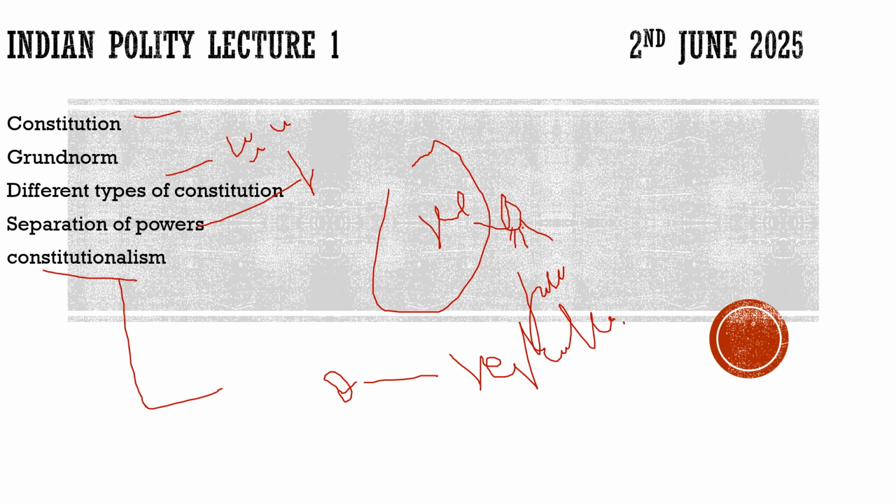So how is it restricted? There are different ways like separation of power, popular sovereignty. For example, if you want to change the authority, you can vote against them, and similarly other different ways. So till this, I hope you had understood this lecture. If you like it, please do share it with your friends, and please do subscribe the channel. I hope you had understood these concepts very clearly.